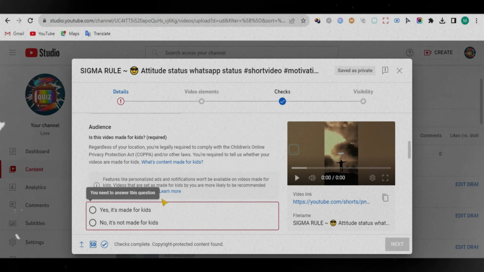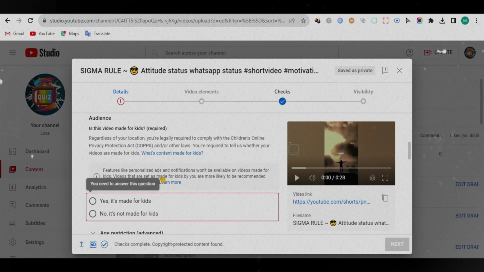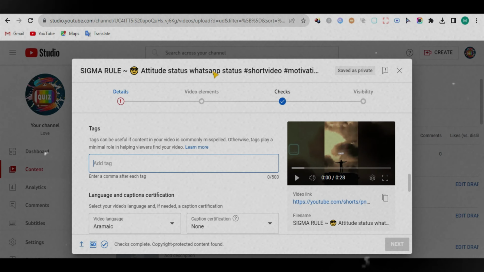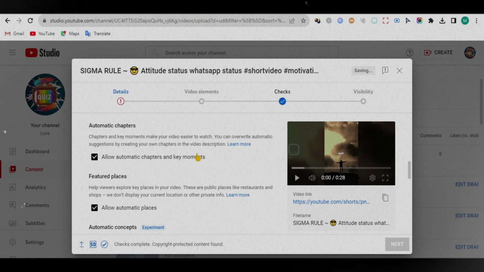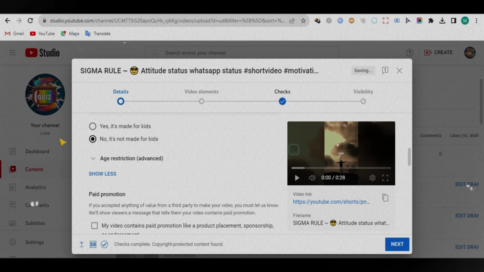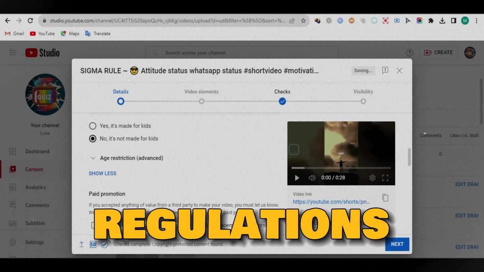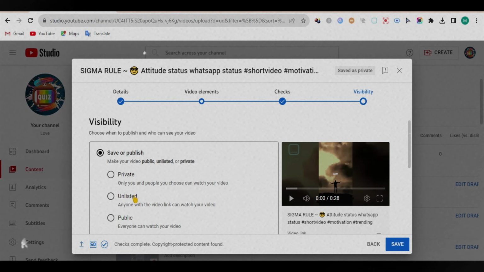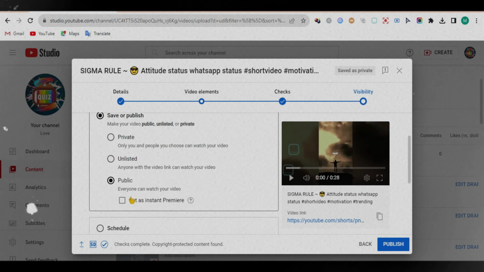Advanced settings. Click on the More Options link to access additional settings, including video location, age restriction, comments, and video recording date. Audience. Set your video as made for kids or not made for kids based on your content. This step is important to comply with COPPA regulations. Video premiere. Optional. If you want to schedule a premiere for your video, set the date and time under the